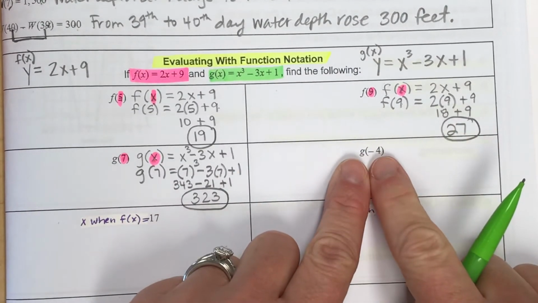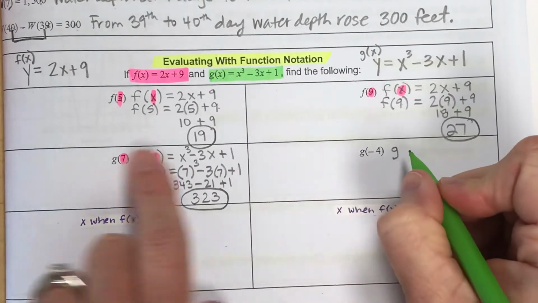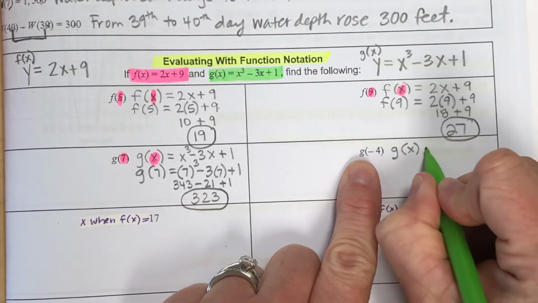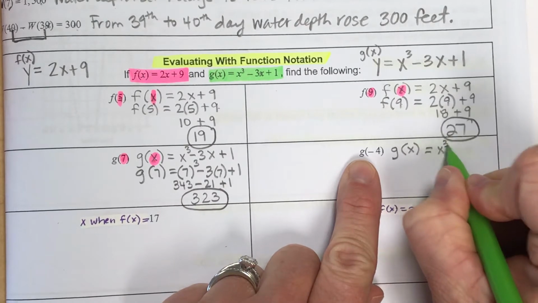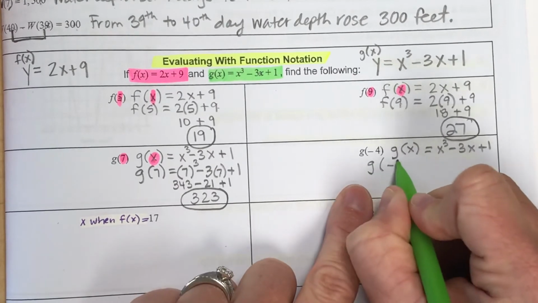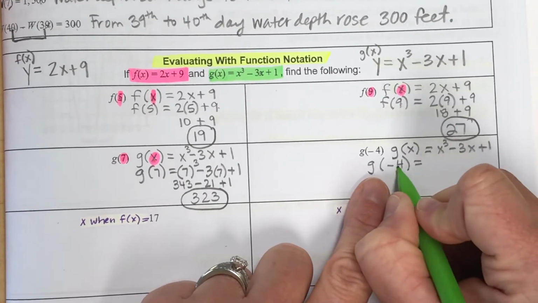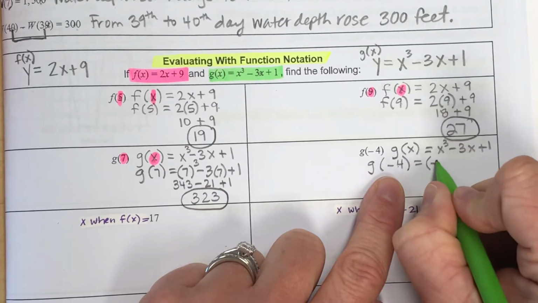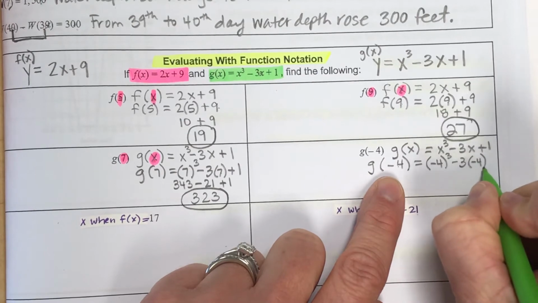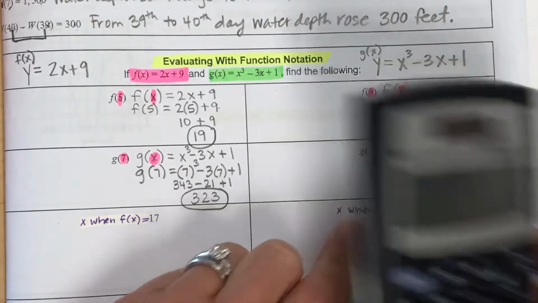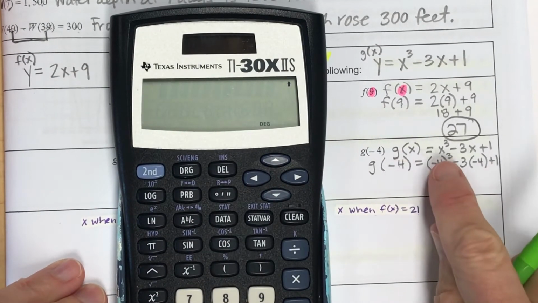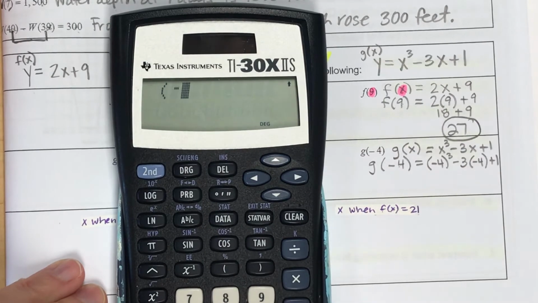Now for this function, I want to replace, again, using the other function, the green highlighted one. g of x is equal to x cubed minus 3x plus 1. I'm going to sub in place of my x the number -4. So I'm going to take -4 and cube it, subtract 3 times the -4, and add 1. So I'm going to use my calculator. I'm going to clear out what I had. Now in parentheses, because when you evaluate you need to put in parentheses,